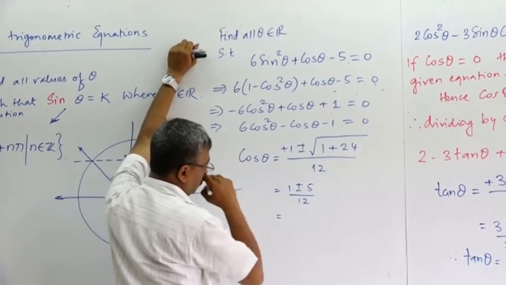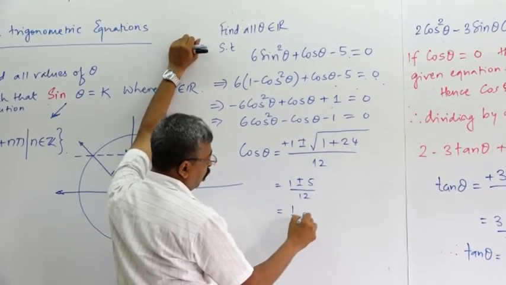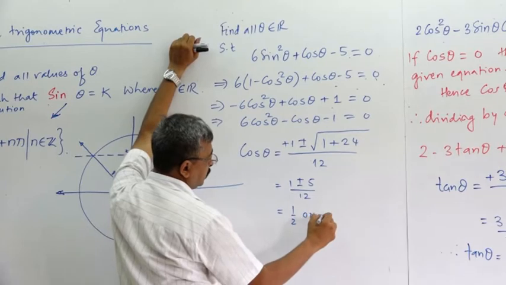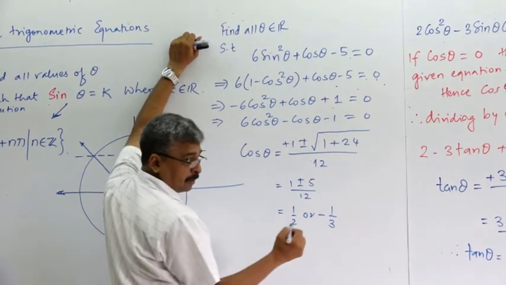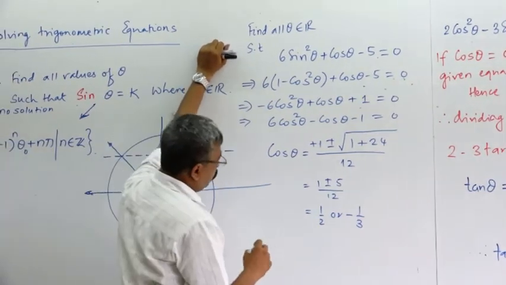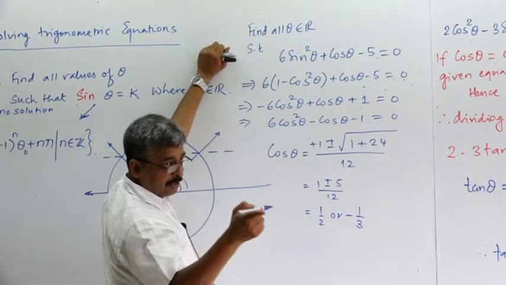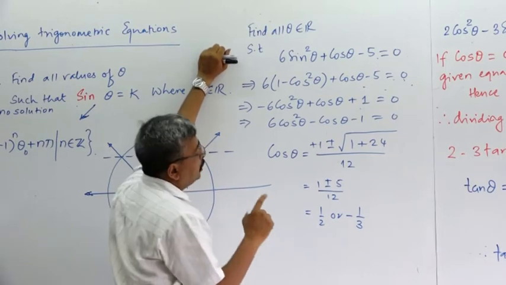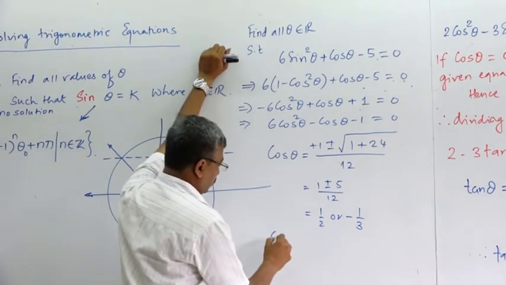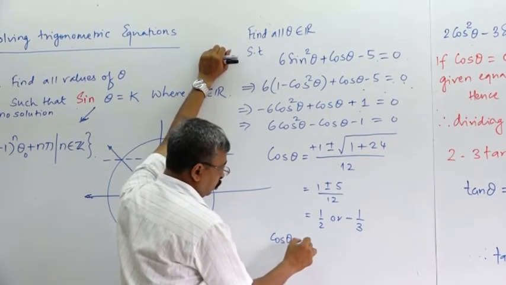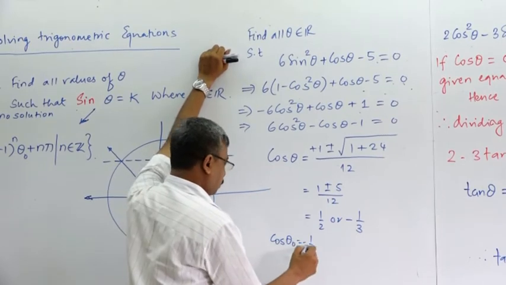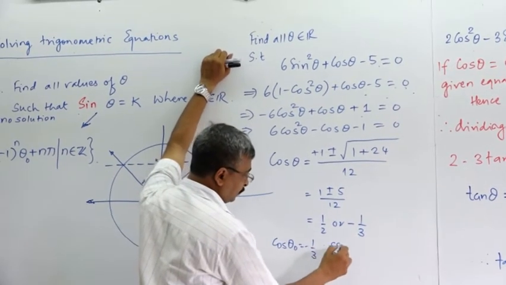Therefore, cos theta is equal to half or minus 1 by 3. So, let cos theta naught is equal to minus 1/3, and therefore the solution set for this is